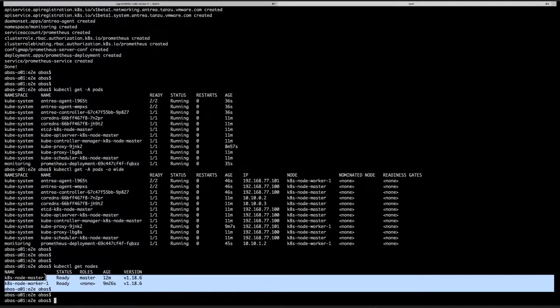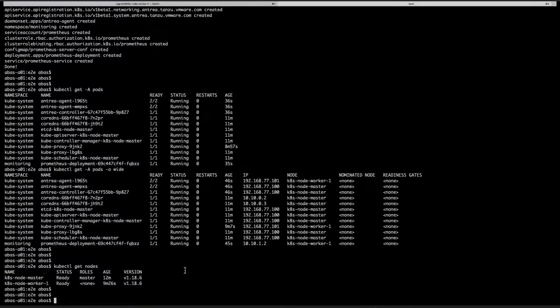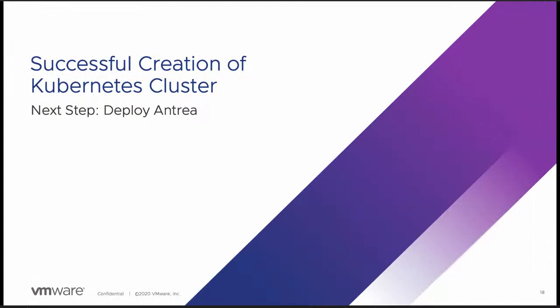What I'd like to do, if you give me the screen back for just one second, I want to talk a little bit about what Prometheus does, and then maybe you can actually show us how we're using Prometheus within Antrea. So to get started here, we've got our successful creation, right? We've deployed Antrea. So now let's take a look at